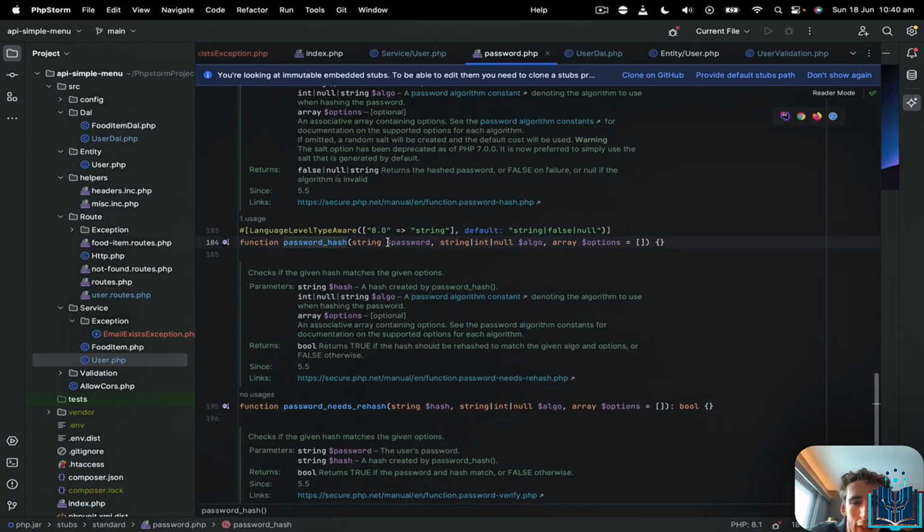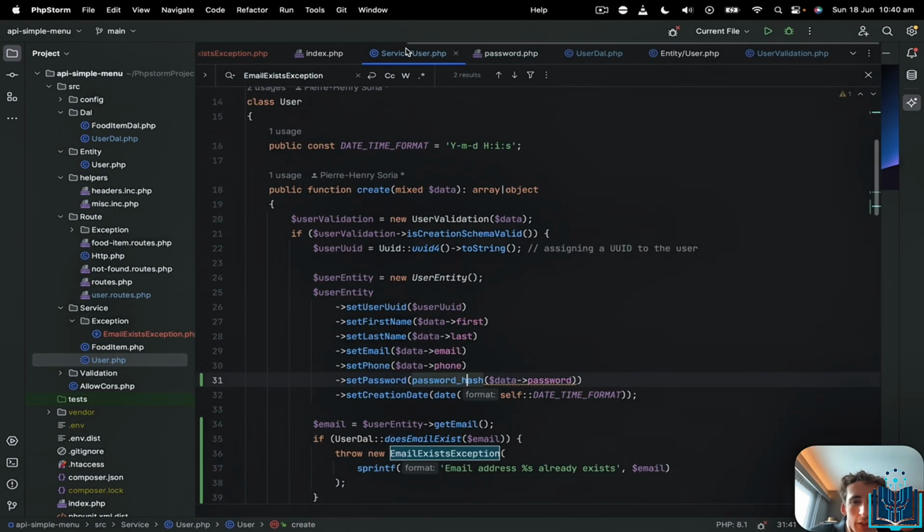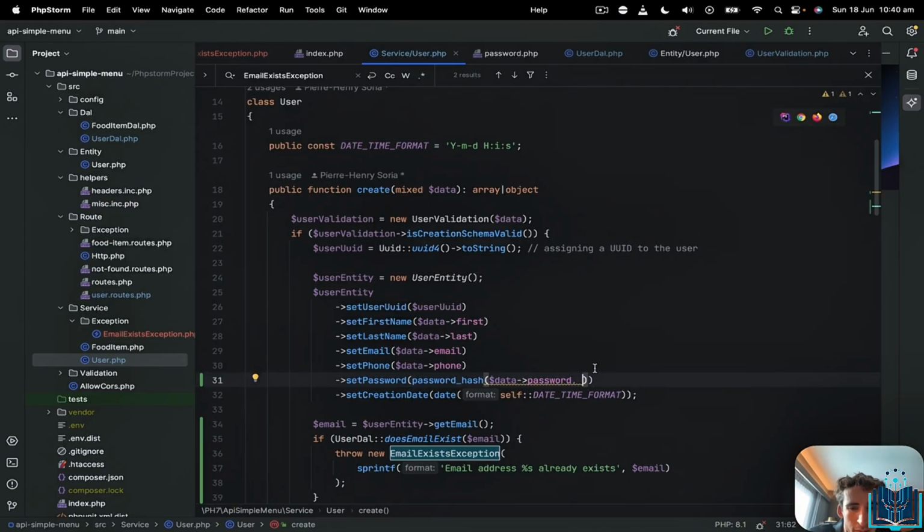Before we had to implement our own password encryption with salt, prefix, suffix to make sure the password is unique. Here we use password hash. We can use also an algorithm, otherwise the default one will be used. But this is really powerful. Oh yeah, we have to mention the algo actually. So there we have to do